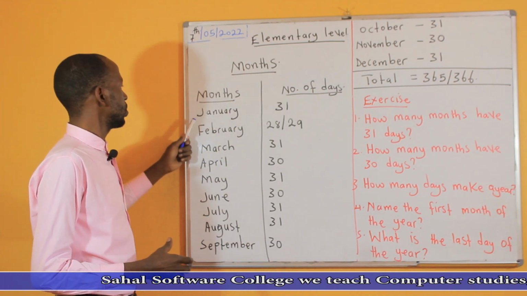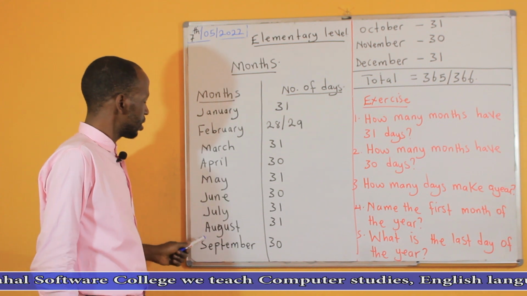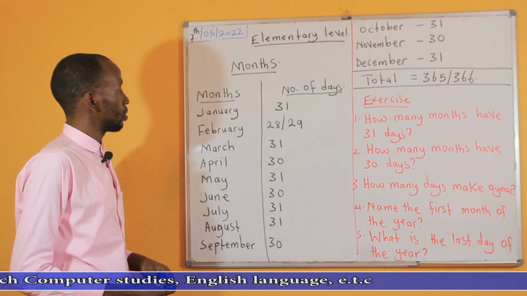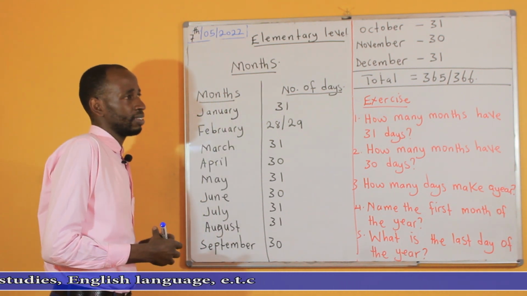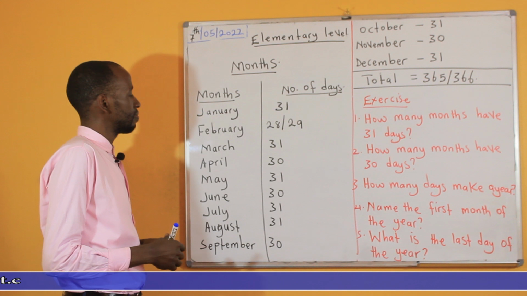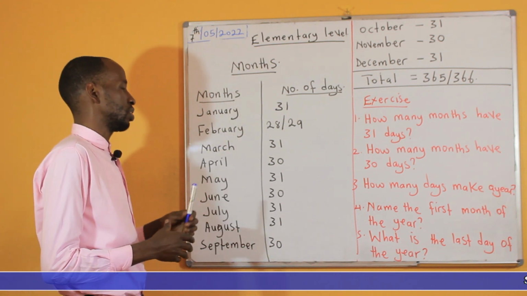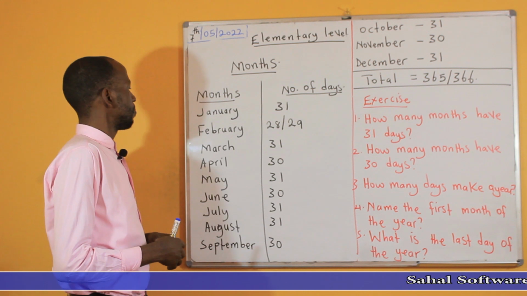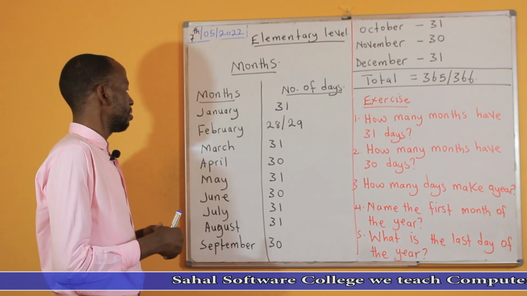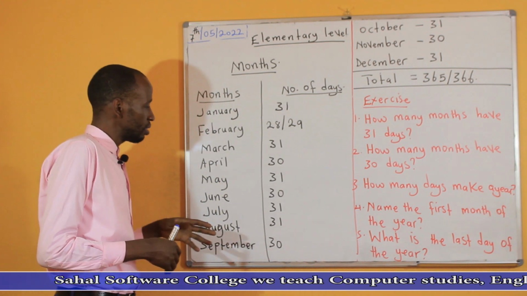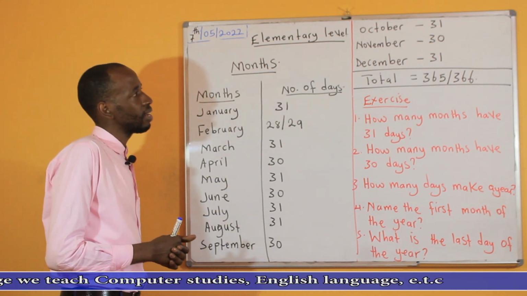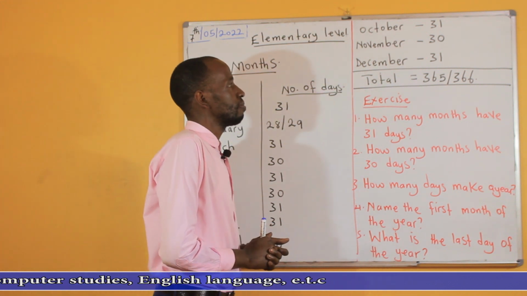We have 12 months, 1, 2, 3, 4, 5, 6, 7, 8, 9, 10, 11, 12. So there are 12 months. 12 months make a year. January has 31 days. February sometimes 28, sometimes 29. March 31, April 30, May 31, June 30, July 31, August 31, September 30, October 31, November 30, and